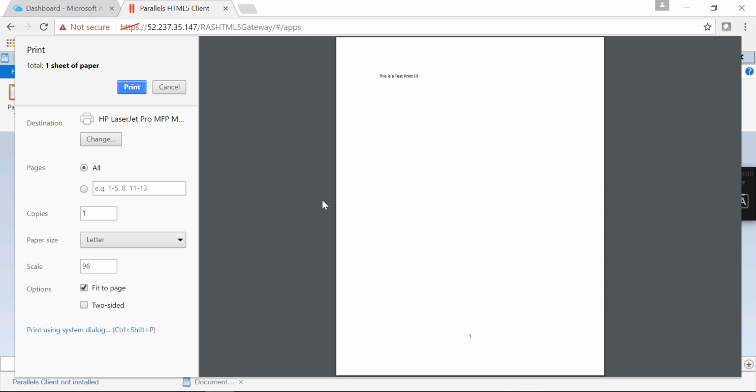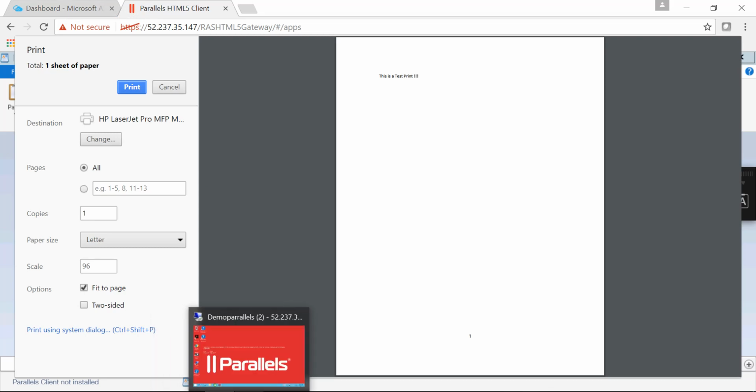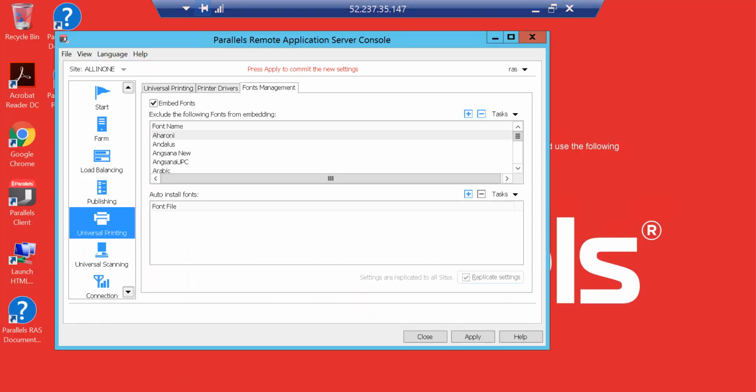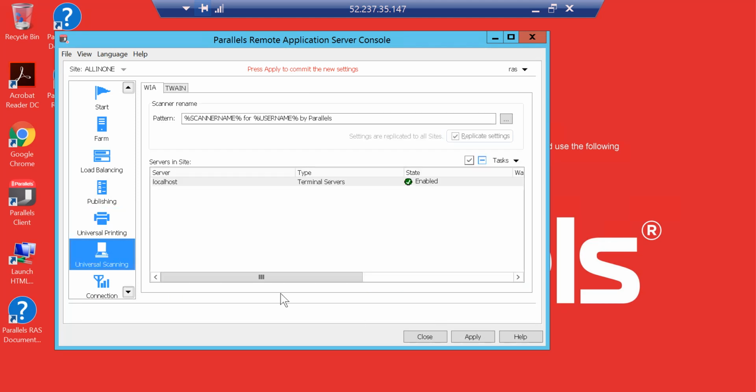So this is a great feature, and clients want to make sure that they can use the resources available locally on their network. The same thing you can do when it comes to the scanning part too. So if I go back to the server console, you can see that I have the scanning options. So if your printer has scanning capability, or if you have a scanner separately, you can in the same way use the scanning capability by using the Parallel Remote Application Server deployed in